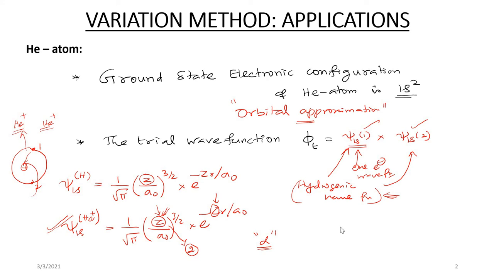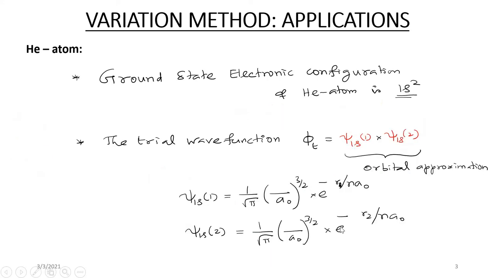Let me show it in the next page. See this? I am going to call this function the trial function, because I am taking the hydrogenic wave function for electron 1 and the hydrogenic wave function for electron 2, and this product will give you the total wave function. I am taking this total wave function as the trial wave function. This multiplication of one-electron wave functions is what we call the orbital approximation. And as I told you before, for the He plus ion,